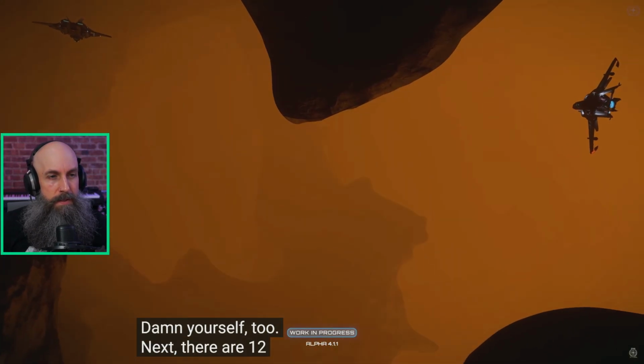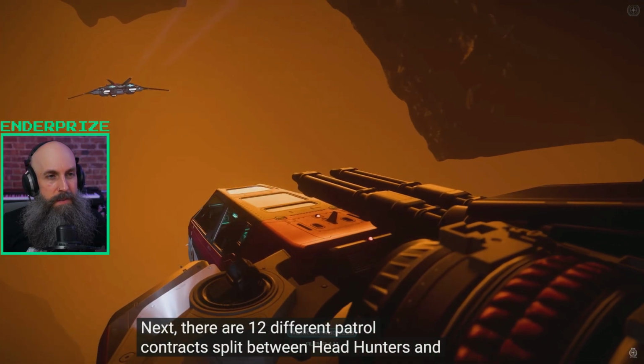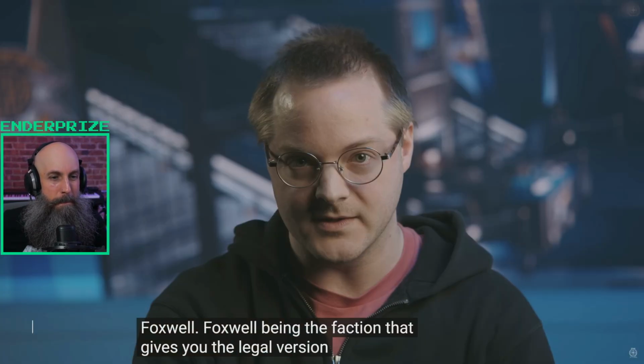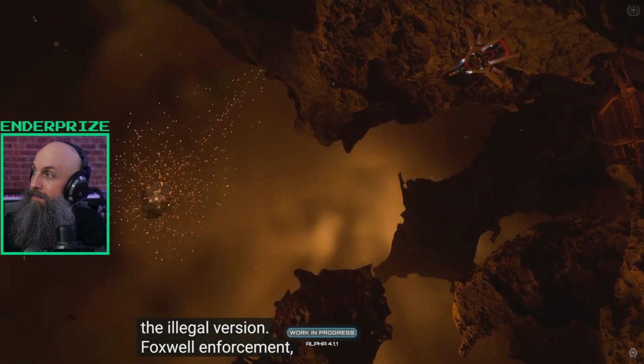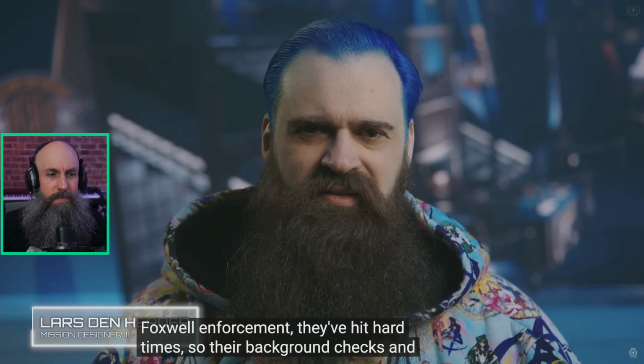Next, there are 12 different patrol contracts split between Headhunters and Foxwell. Foxwell being the faction that gives you the legal version of these missions, and Headhunters will give you the illegal version. Foxwell Enforcement, they've hit hard times, so their background checks and whoever they hire